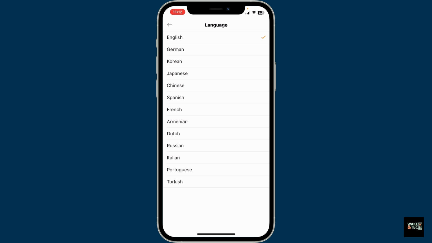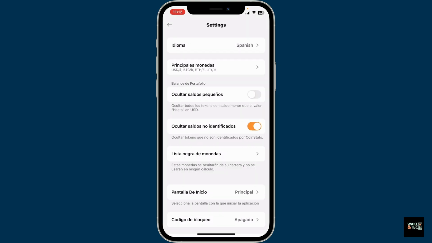Choose the language you want from the list of available options, and you have successfully changed your language setting for the app. Changes are applied automatically right away after tapping on one of the language choices. If the app does not change to your selected language immediately, you can restart the app and you'll be able to do it. So that is how you can easily change the language setting in your CoinStats application using your